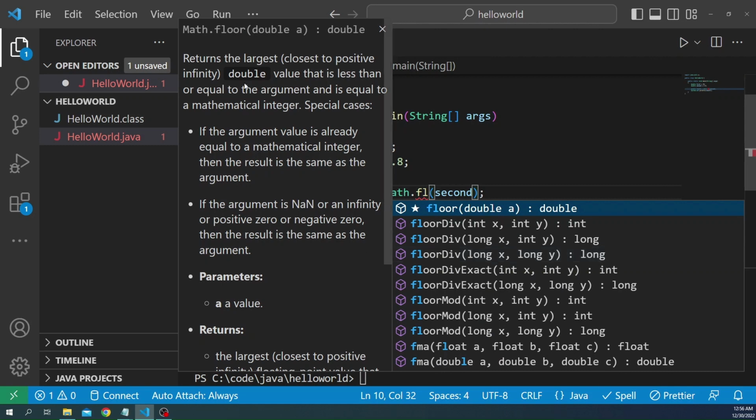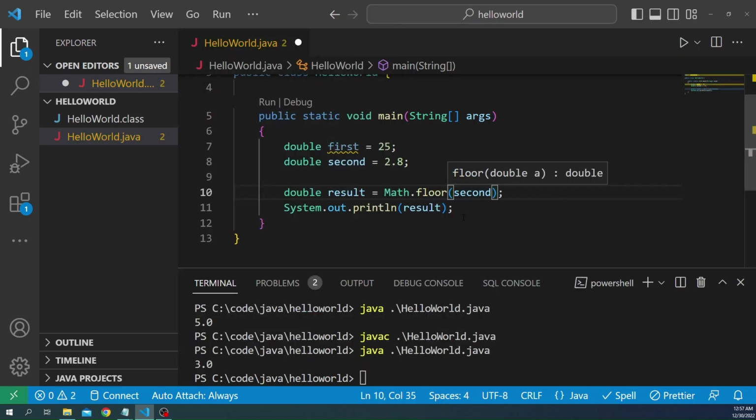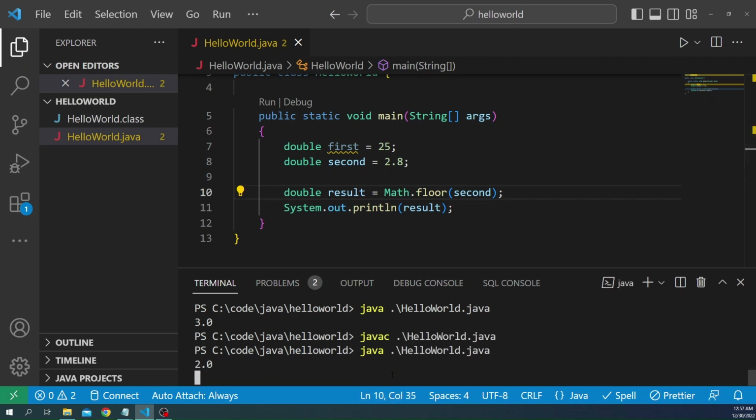And floor, as expected, returns the largest closest to positive infinity double value that is less than or equal to the argument and is equal to a mathematical integer. Special cases: if the argument value is already equal to a mathematical integer, then the result is the same as the argument. If the argument is not a number or an infinity or positive or negative 0, then the result is the same as the argument. So let's try the floor, and let's compile and run, and this time we should see